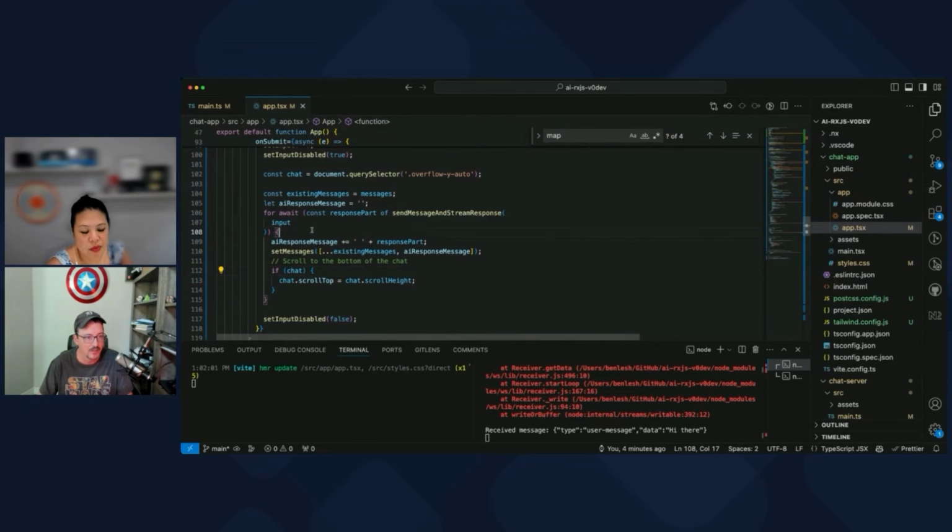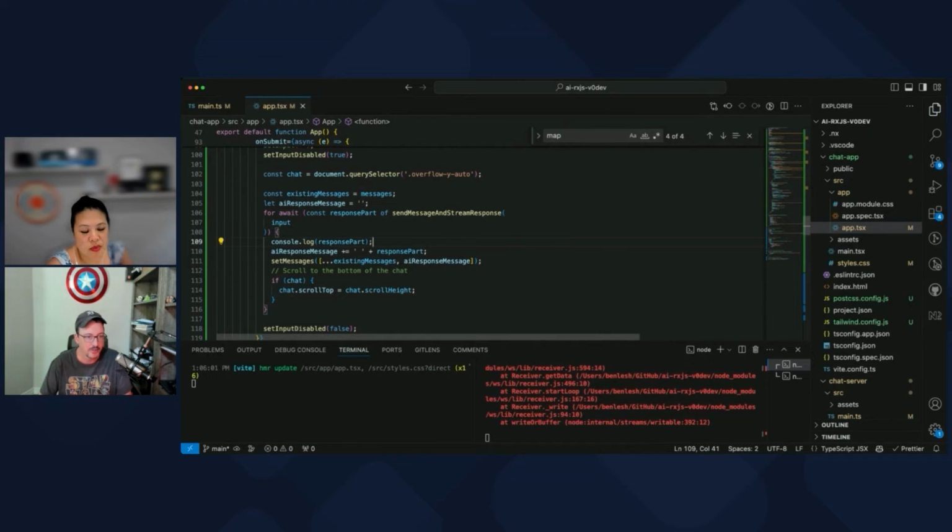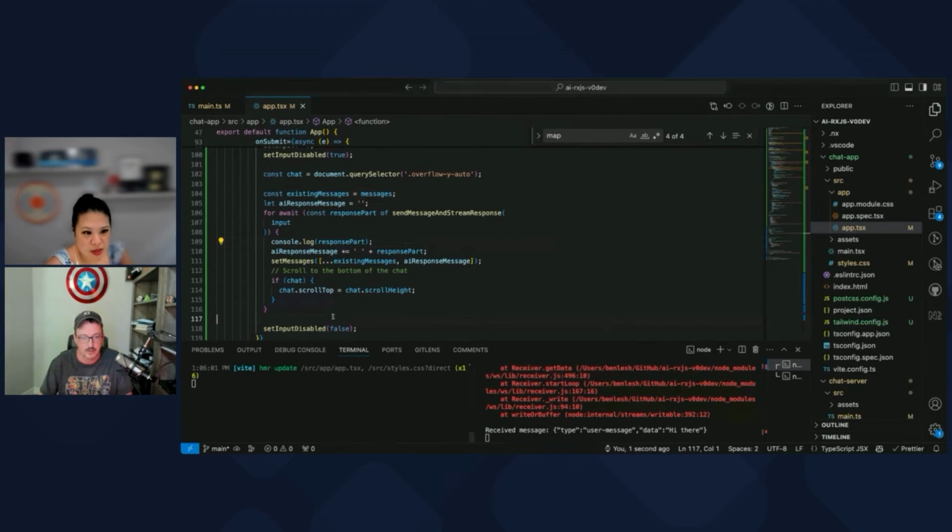All right. So in here, I'm going to console log the response part. I mean, you could say that this is more secure than using a third-party library, right? Secure? We haven't added any security on this. You're not logging in.